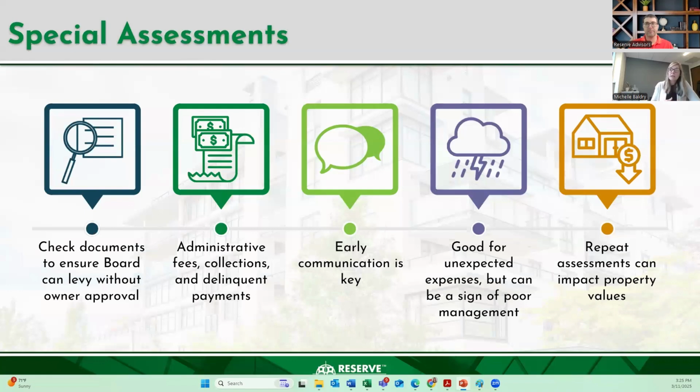If you haven't been communicating to the association all along that the reserve fund isn't being funded adequately, right? That you're choosing to minimize that reserve fee, this might come as a surprise. They might assume that their dues are covering full maintenance and capital repairs for their community. So it's important to make sure that everyone is aligned with the funding strategy that the association is choosing. And of course, if this becomes a pattern, repeat assessments can impact property values, right? It will be negatively viewed by potential buyers when they're doing their due diligence.